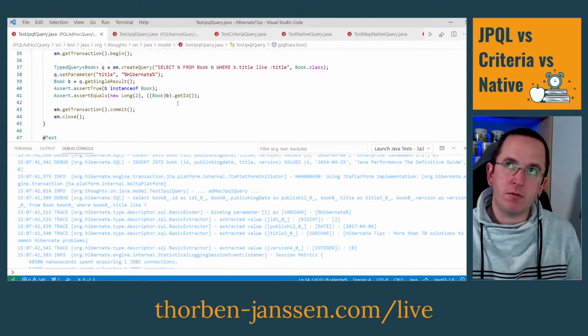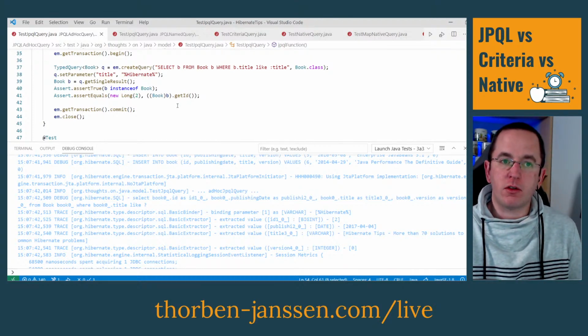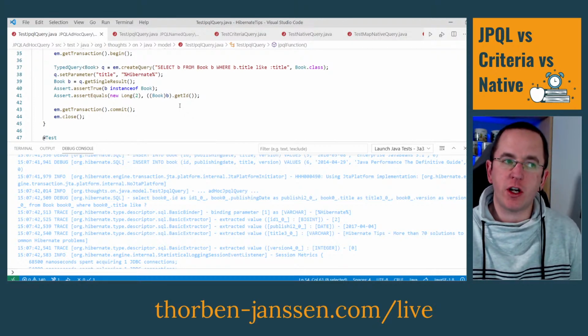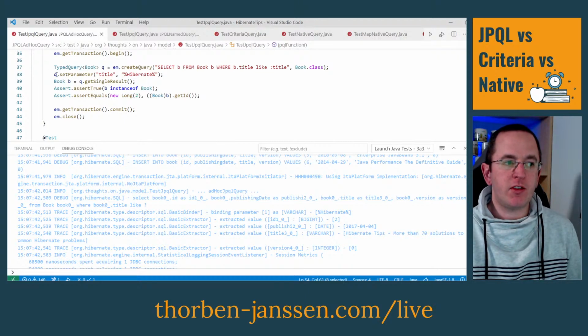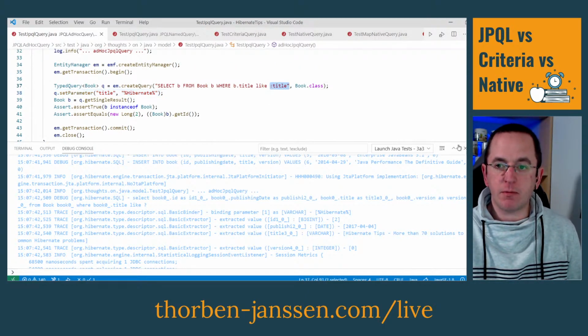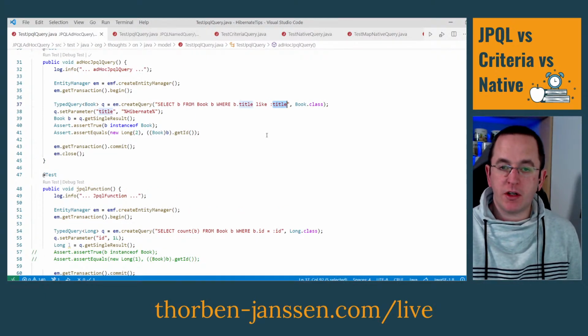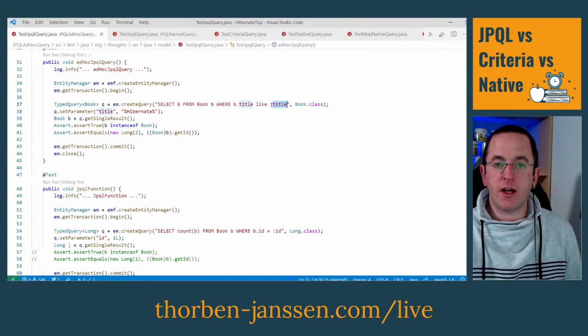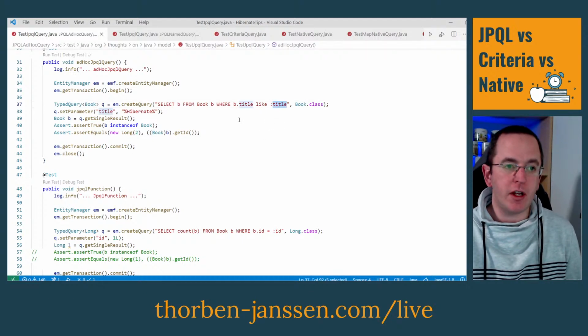Yes. Well, yes and no. All queries or supported types of queries with Hibernate protect you from SQL injection if you're using them in the right way. And using them in the right way means that you need to use bind parameters. So we see that here. We have a so-called named bind parameter, which is called title. So this identifies a named bind parameter. And this is the name of the named bind parameter. And then we can set it in the next line,